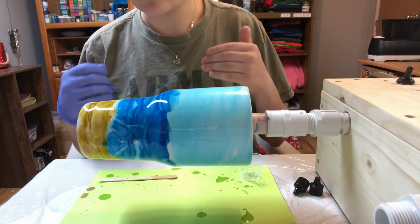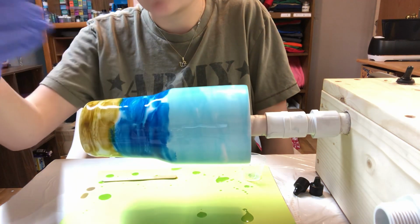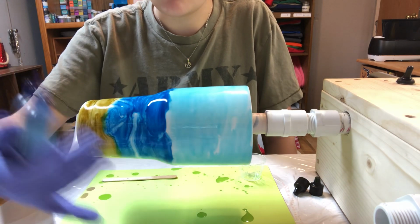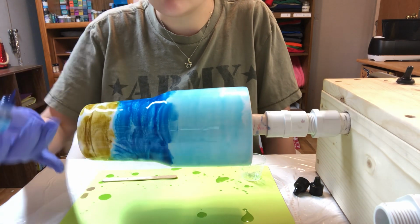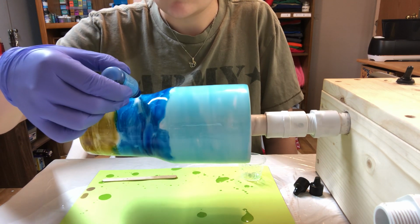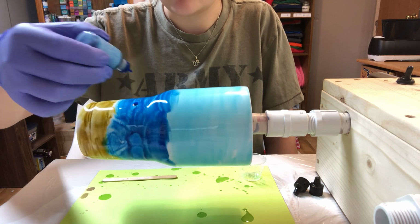So as you can see, just a little bit of heat that I applied made a huge difference. It kind of brings in the colors. So this is when I say you can add more to the tumbler. If you see that white spot, I'm going to add more on the sand. There's a little bit of white spots here. I'm just going to add more, because like I told y'all, when I first did this,